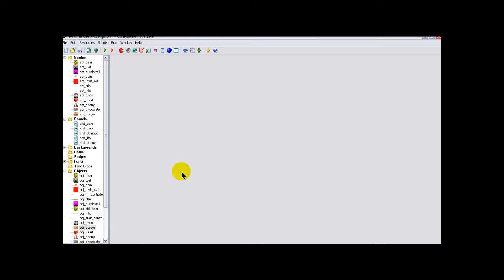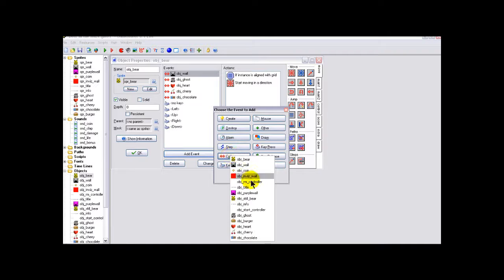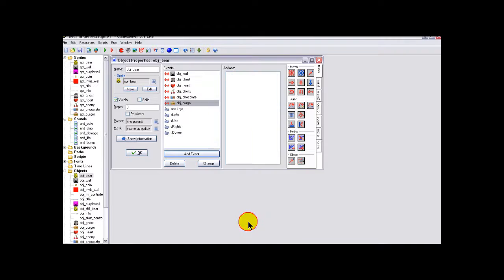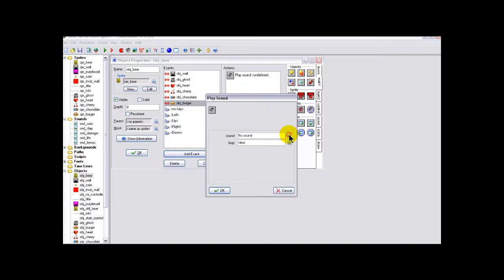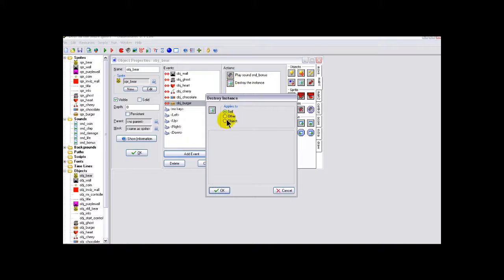So all we need to do now really is sort out a collision between the bear and the burger. So open up your Obj Bear, add a collision event, collision with your burger, and we're going to play our special bonus sound in main tab 1, play sound, S&D bonus, destroy other, and make sure we've got other ticked, because we want the burger to be destroyed and not the